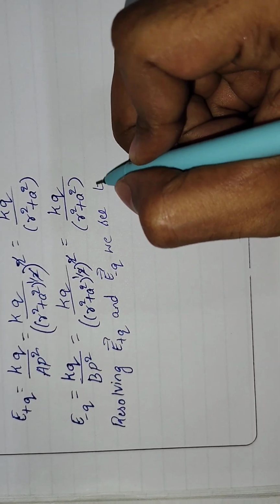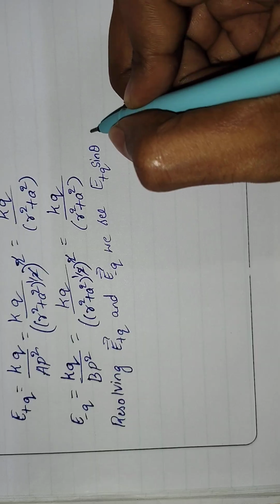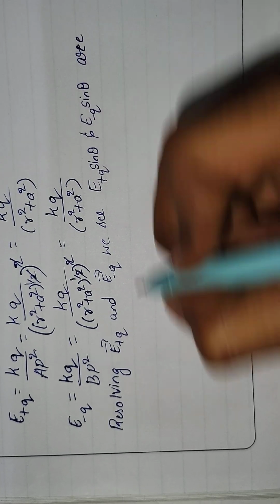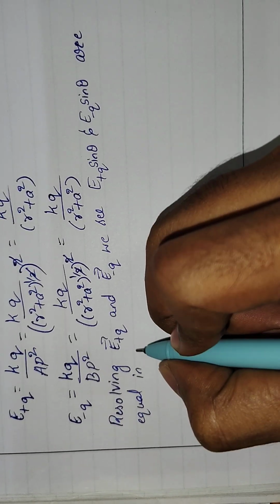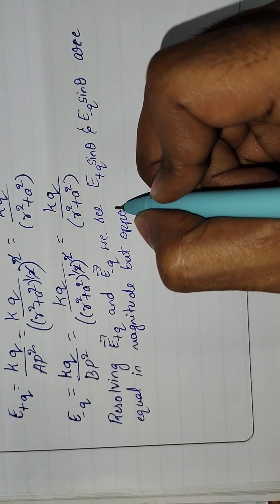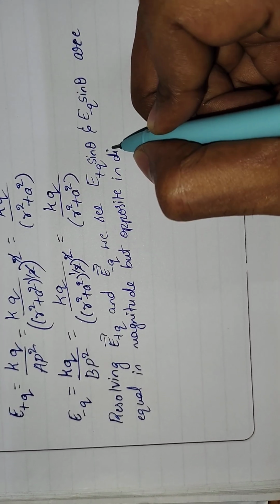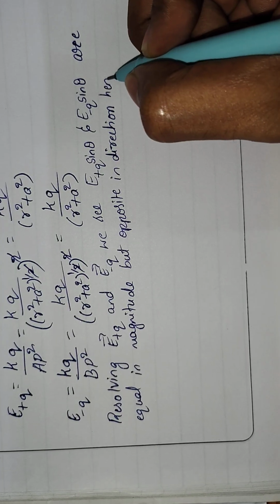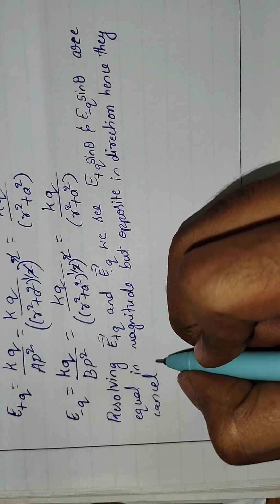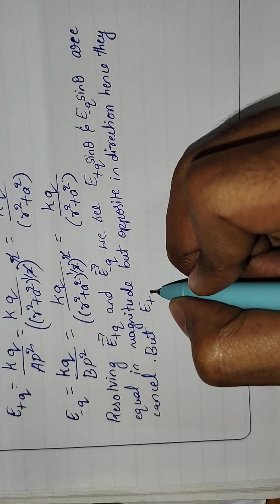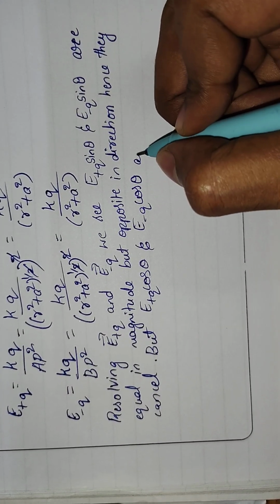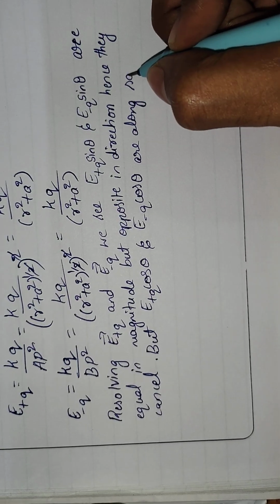We see E plus q sin theta and E minus q sin theta are equal in magnitude but opposite in direction, hence they cancel. But E plus q cos theta and E minus q cos theta are along same direction,